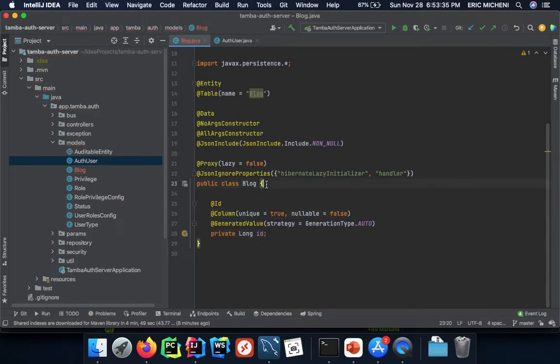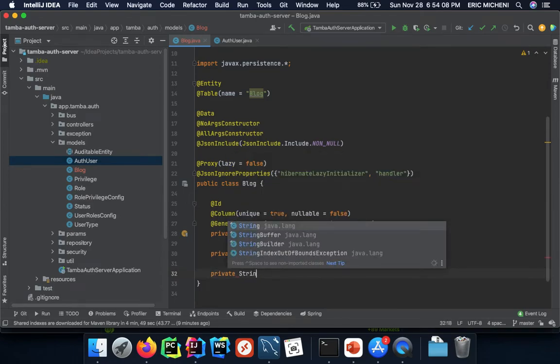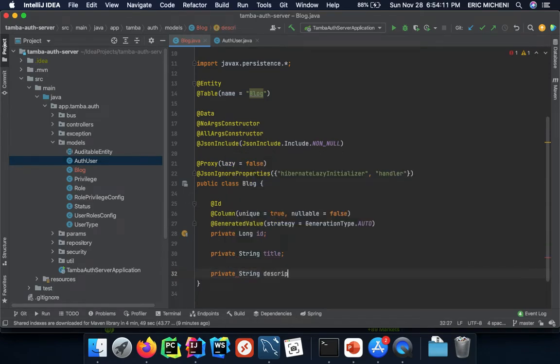This is our ID. It's a long. Spring Boot will only allow, when we are searching, the primary key to be named ID. The name should be ID. It can be any other data type. Then we can have a private String title, and private String description,